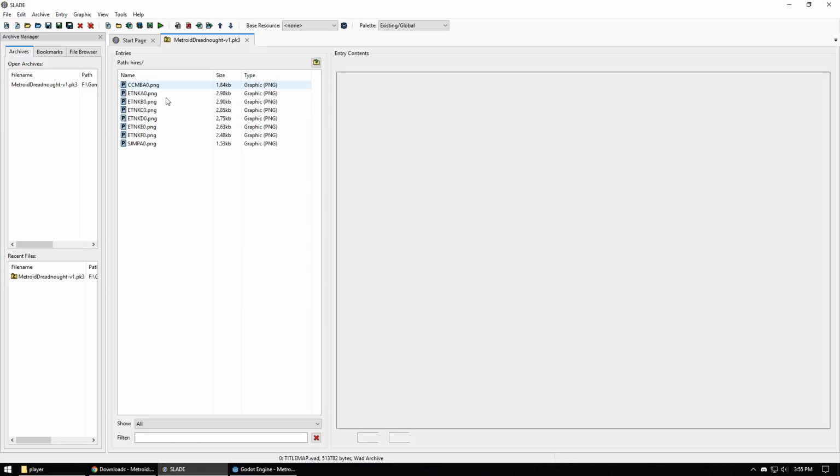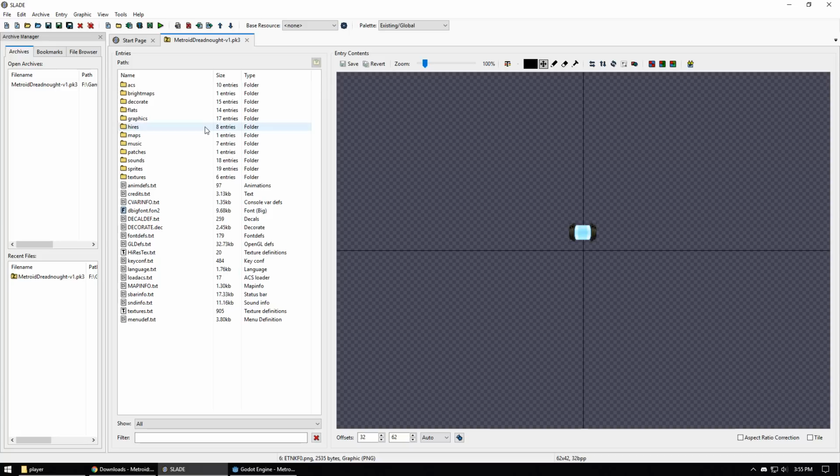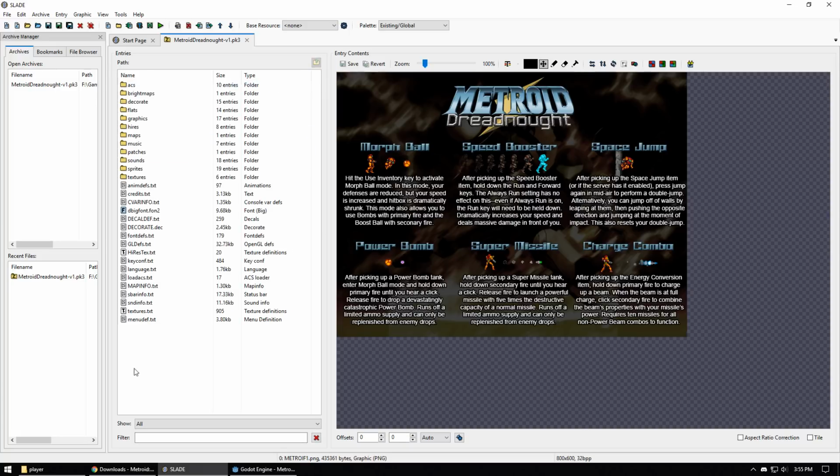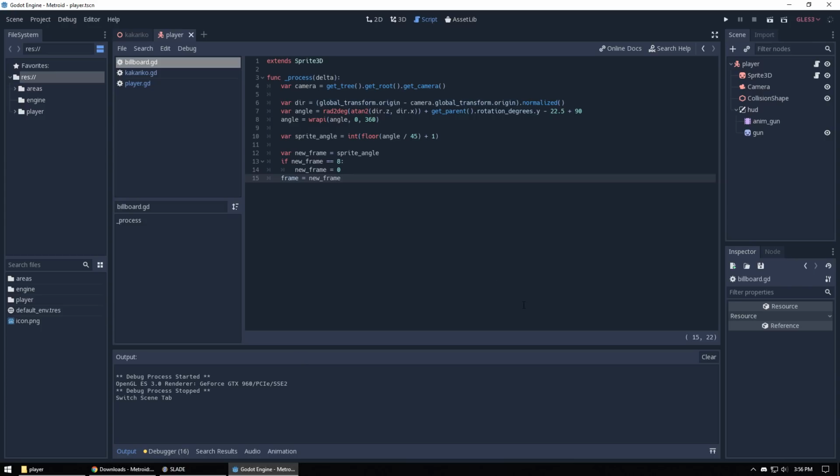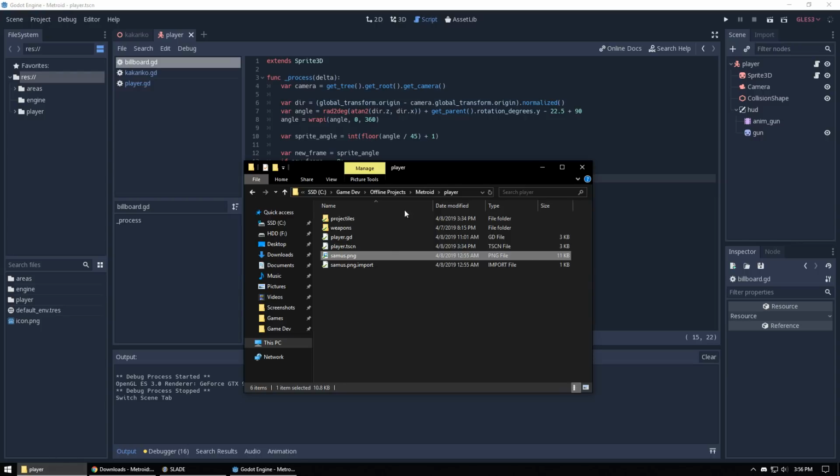What are these? Alright, yeah, so, okay, no models. We're sticking with Kakariko for now. But yeah, so